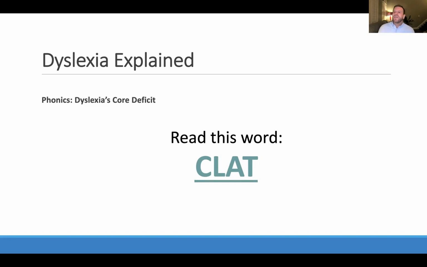And for the vast majority of folks, that comes pretty intuitively, so much so that most of you will look at this word that's not a real word on the screen, and you'll say clat, right? But you're doing a pretty remarkable thing. You're seeing a bunch of squiggly lines on the page, and the language centers of your brain are translating that right into the sounds that they represent and blending them together. It's a pretty remarkable thing, right?